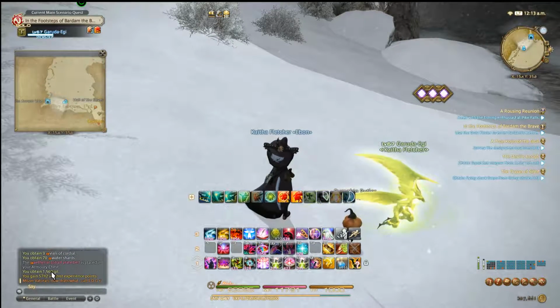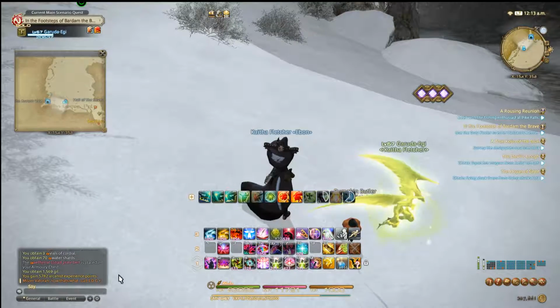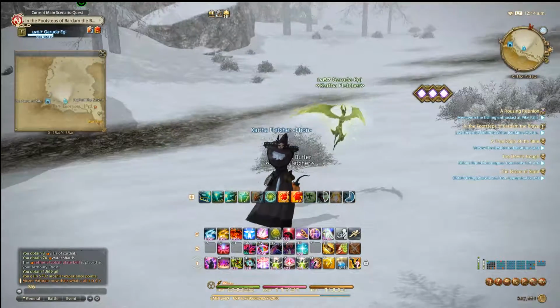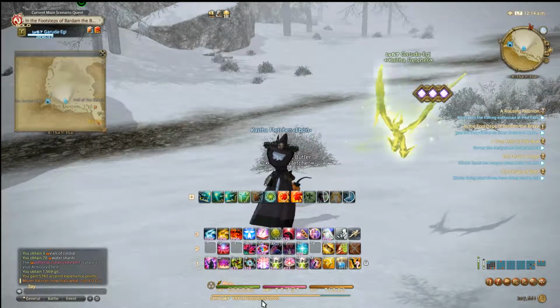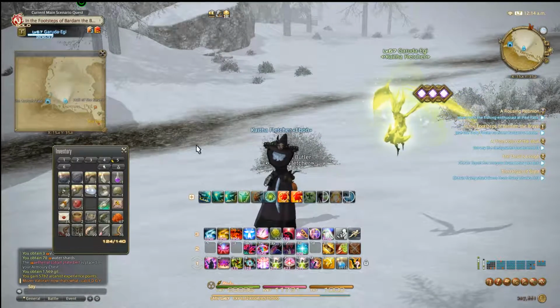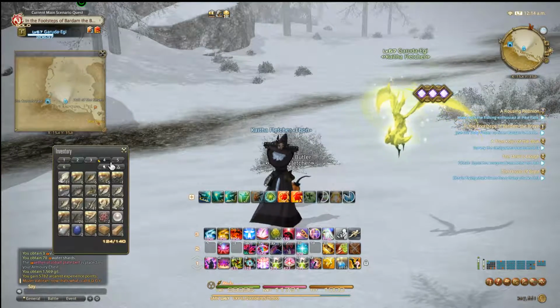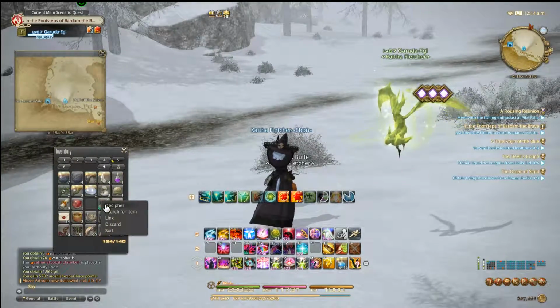We also got 1,569 gil and 5,000 experience, which in the grand scheme of things, since we're needing 8 million to level, is kind of sad. Alright, but since we can't get a duplicate type of treasure map to one we already have,